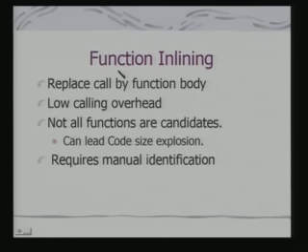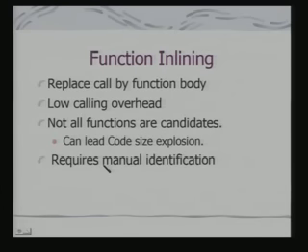The other point is function inlining, which is another transformation. So, you replace the call by the function body. If you have a call in your computation, you replace it by the function body. Obviously, it has a low calling overhead; putting things into the registers, onto the stack, etc., is avoided. But obviously, you can understand that not all functions are candidates, because it can lead to code size explosion, which you do not want, and therefore, it requires a careful manual identification of which functions can really be put onto